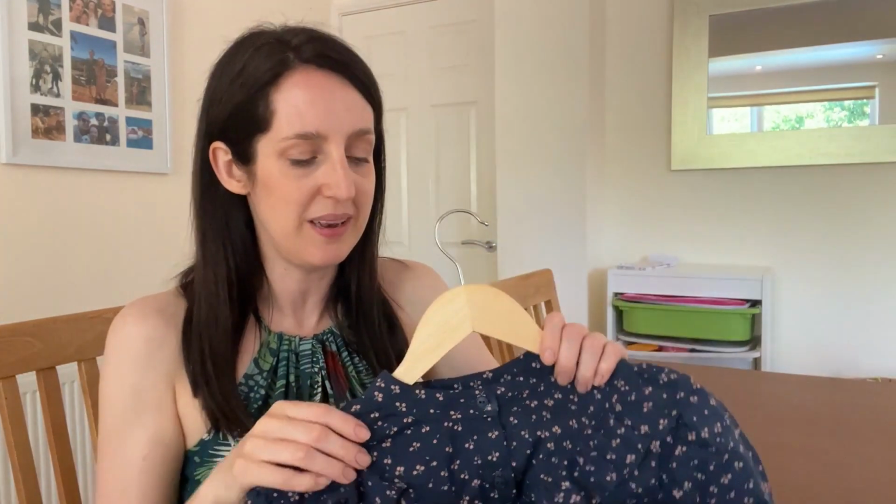I had to do that a couple of times over to get a result I was quite happy with in the end. That was definitely a very fiddly point to this pattern. So yes, I can see why they rate it as an advanced level pattern, but I have to say I found the instructions